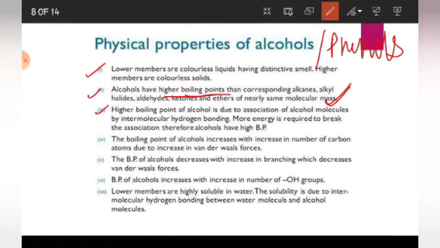Higher boiling point of alcohol is due to association of alcohol molecules by intermolecular hydrogen bonding. More energy is required to break the association, therefore alcohol have higher boiling point. So you need to keep this in mind that alcohols are strongly bonded with each other due to intermolecular hydrogen bonding, and so their boiling points are higher than the corresponding members. So you can see that